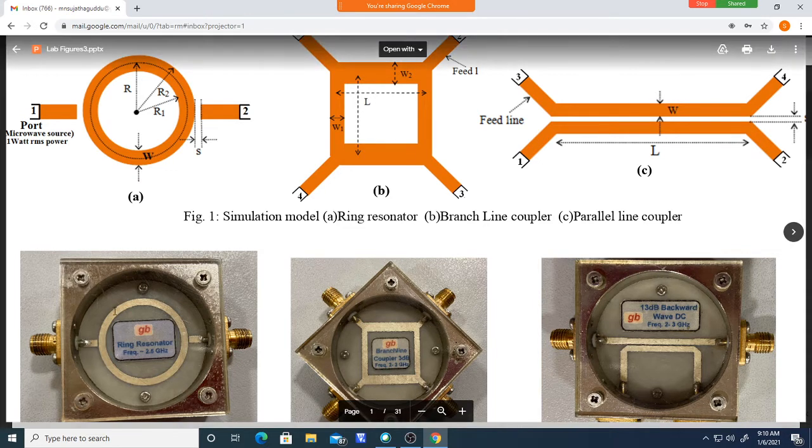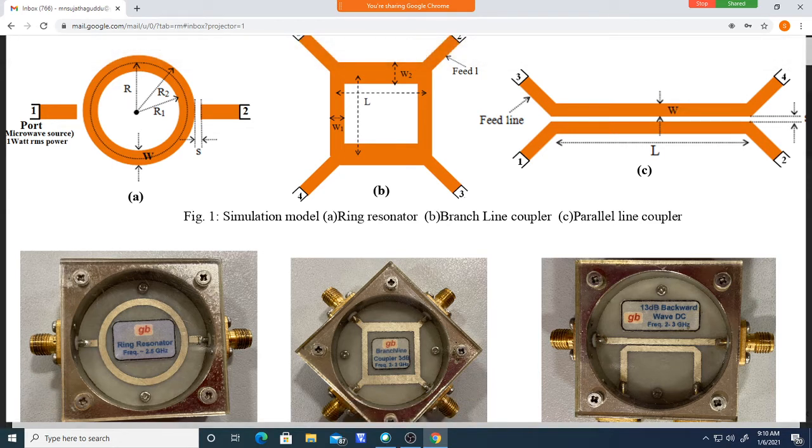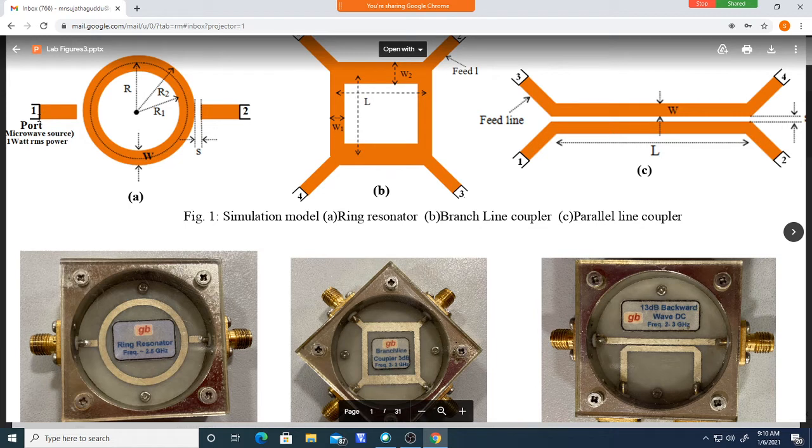Okay, so this is a substrate and this ring is there, and this is a feed line here. A port, in the simulation tool, we are putting like this, but here, this is called an SMA connector. An SMA connector is a coaxial cable. It has an inner conductor and an outer conductor. This is the outer conductor. What I am showing here is the outer, but inside there is an inner conductor. This should be connected to the coaxial cable.